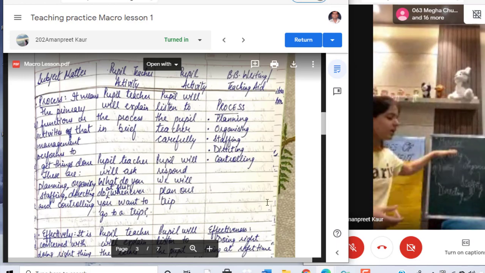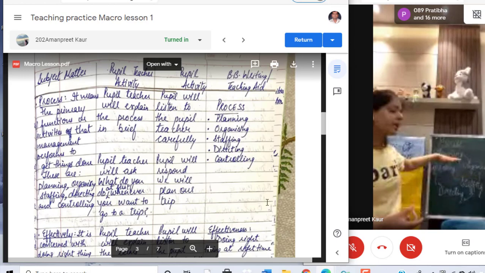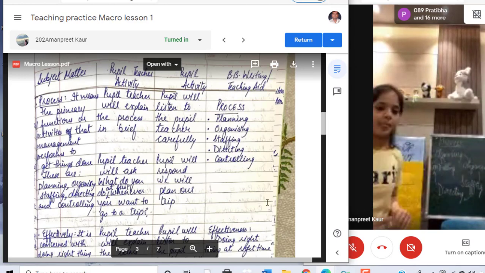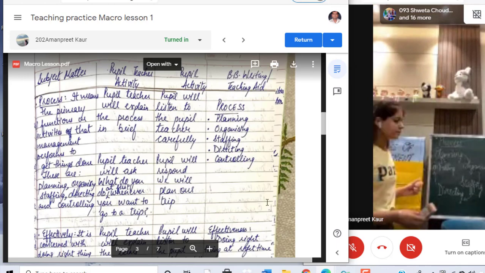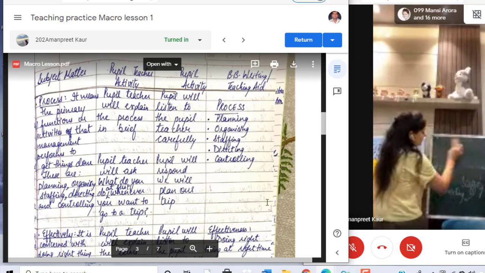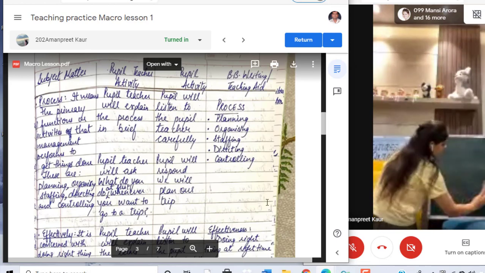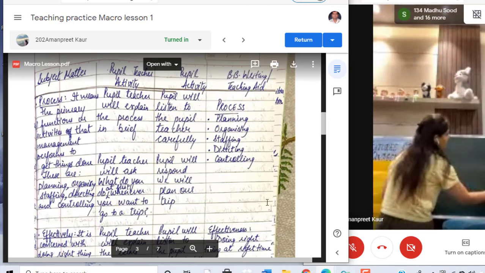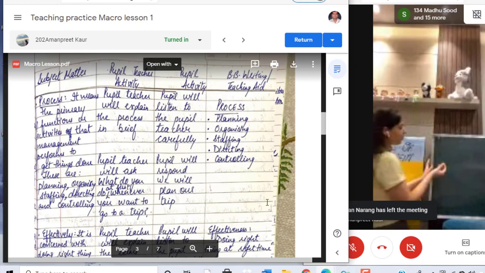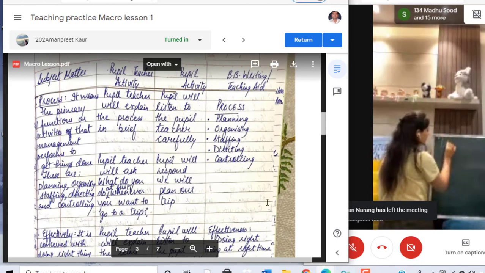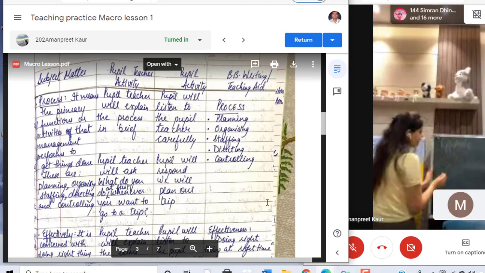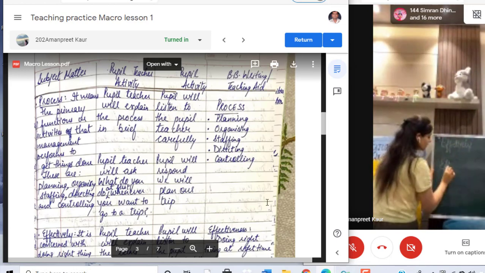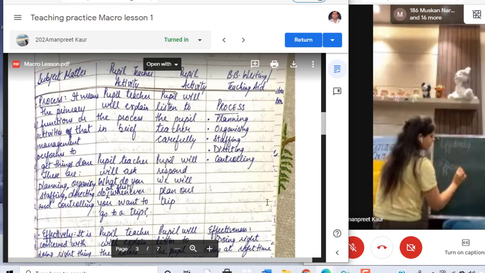Okay, students, are you clear with the process? We will study about these functions later on. Okay, students, is it clear? Yes, ma'am. Good. Now the other terms that we saw in the beginning of management were effectively and efficiently. Can you tell me the difference between effectively and efficiently?